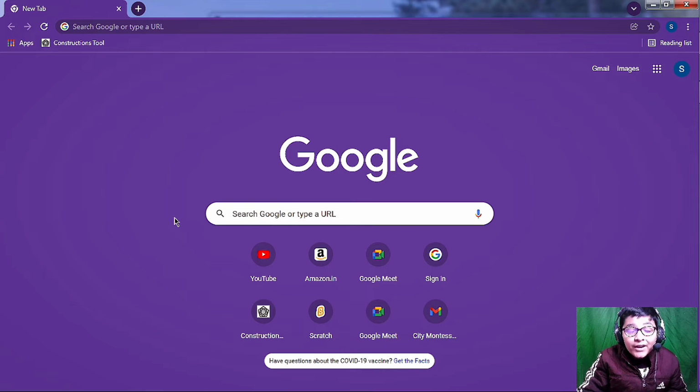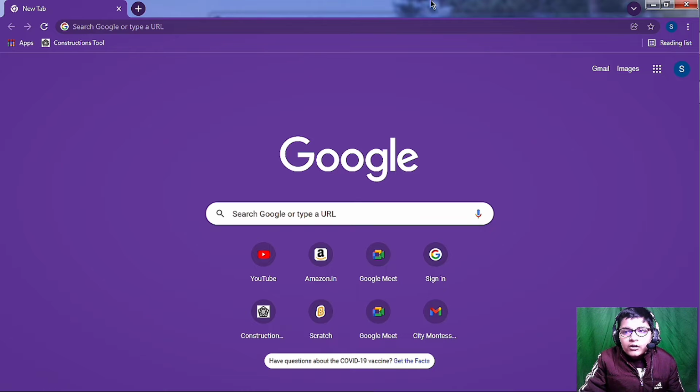Today we are going to try out Windows 11, and the twist is that we are not going to install Windows 11. We are going to try out an emulator which is on the web. We are not even going to download the emulator, so it is going to be super amazing. You just have to do one thing. You have to watch this video from the starting till the end, and you are going to see how I am using Windows 11 without installing it on my computer system, and it is going to be amazing, I guarantee.